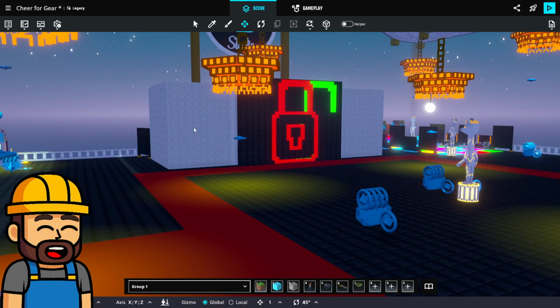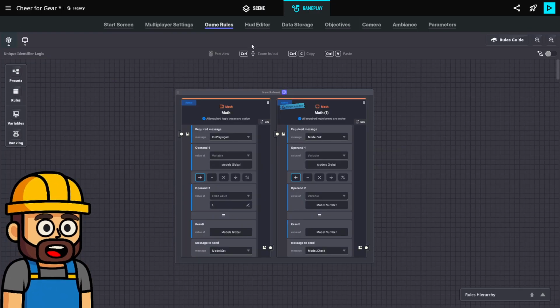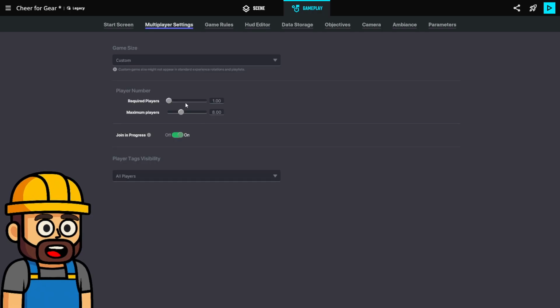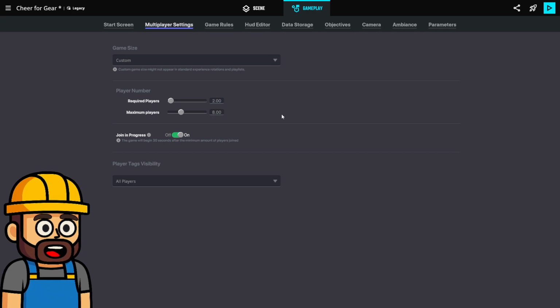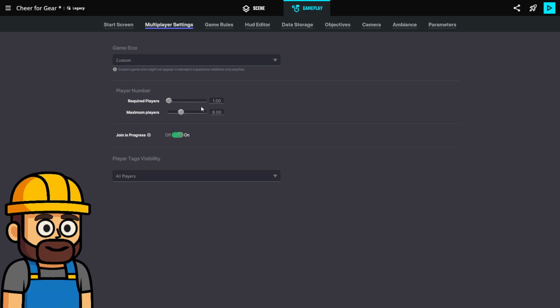So on stream yesterday, I started building the array in the rules, and off stream, I did it all the way up to 8 players. So we have that all done. Essentially, to play this game, you're going to have 2 to 8 people playing. It'd be pretty tough to play by yourself, but the 2 players wasn't working in the drafts gallery.